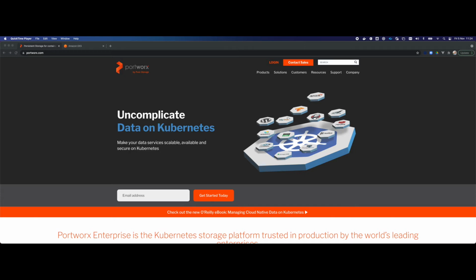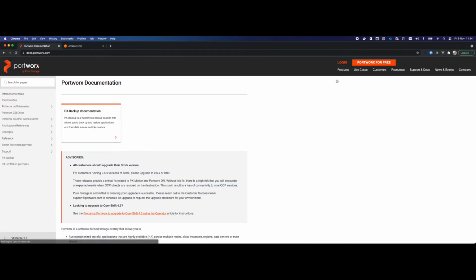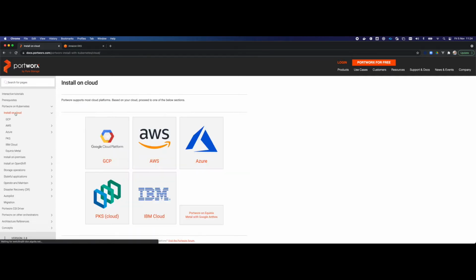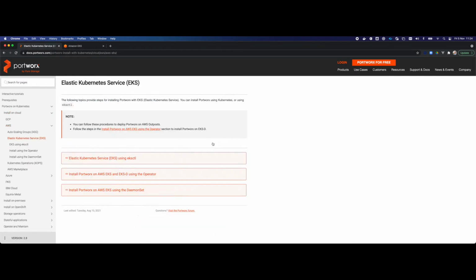This recording is on installing Portworx on Amazon EKS. Today I'll be showing you how to install Portworx on top of EKS and get your Kubernetes cluster with Portworx up and running. For that I'll be using the Portworx documentation, and obviously we're installing on Amazon and then specifically